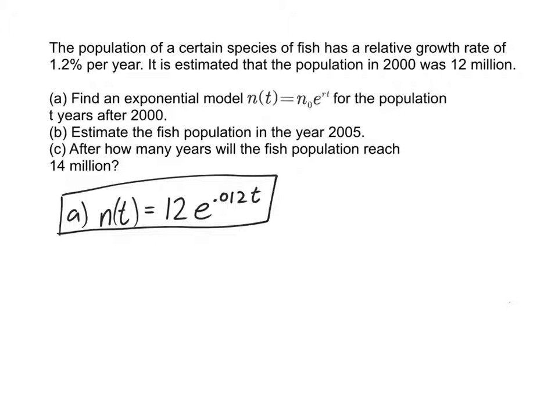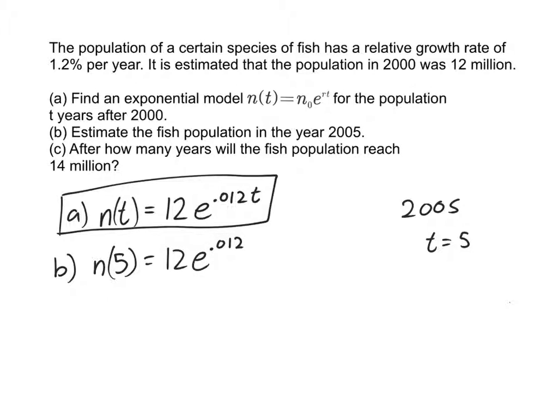Estimate the fish population in the year 2005. Well, 2005 is 5 years from 2000, so that's going to be t equals 5. So that's N of 5 equals 12e to the 0.012 times t, which is 5. And we can reduce that to 12e to the 0.012 times 5, which is actually going to be